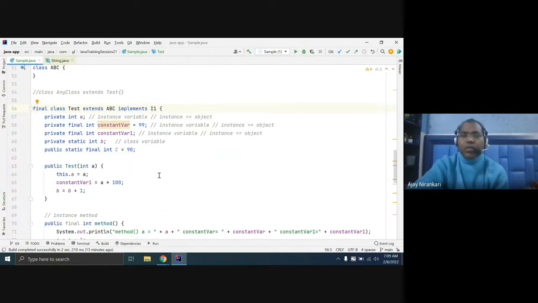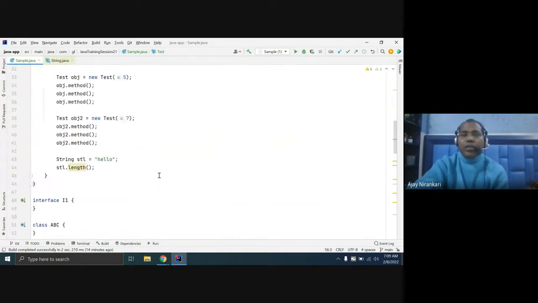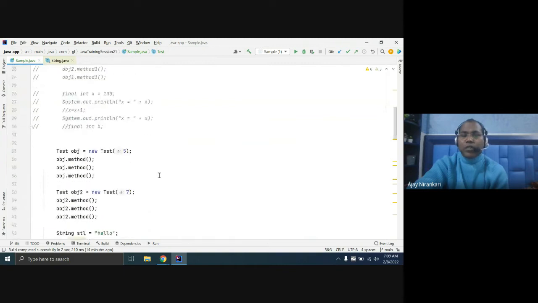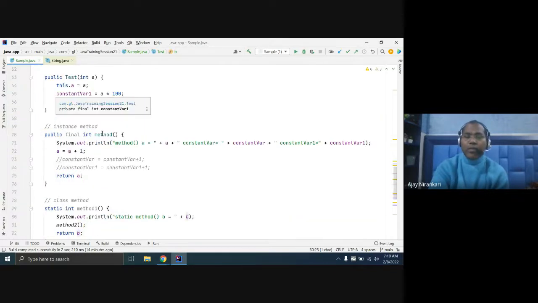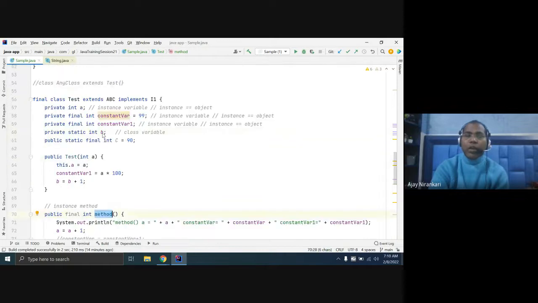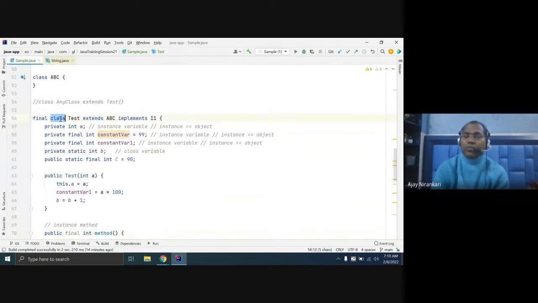So let's try it. These are the three uses of your final keyword: one at the variable level, one at the method level, one at the class level. Whenever you declare a final variable, that means the value is fixed once initialized. Only one initialization is allowed.